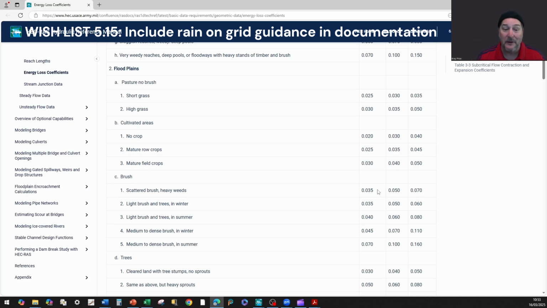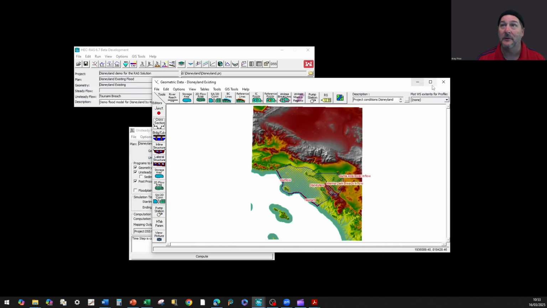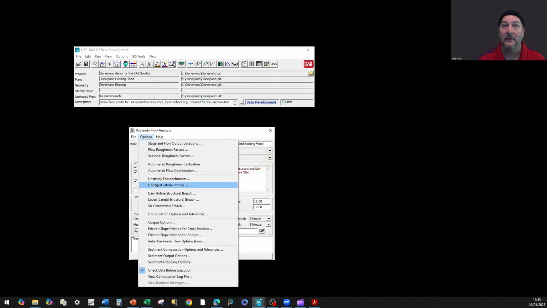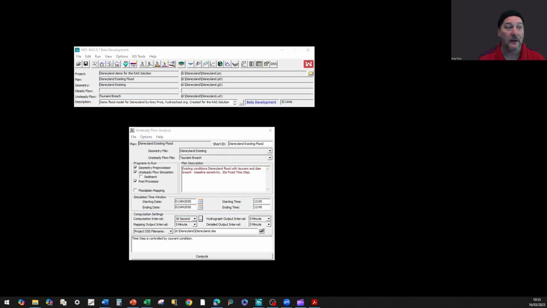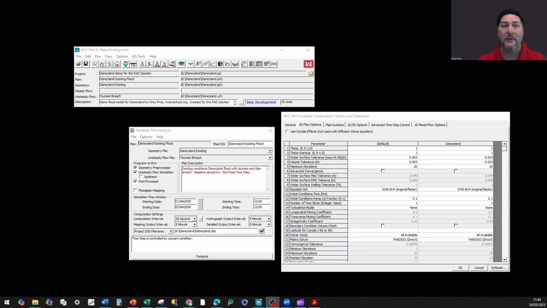So it would be great if we could get a TD or an RD document with specific guidance and study results for rain on grid, since it's being used for that so commonly now. Now, that all said, to keep things simple, I'm going to leave the rest of the defaults alone. When I go back to these settings here under computation options and tolerances, you'll see all these 2D flow options. I'm going to leave all of the rest of these the same, even though they all probably deserve a closer look. So I'm going to run this at a fixed time step of 30 seconds,